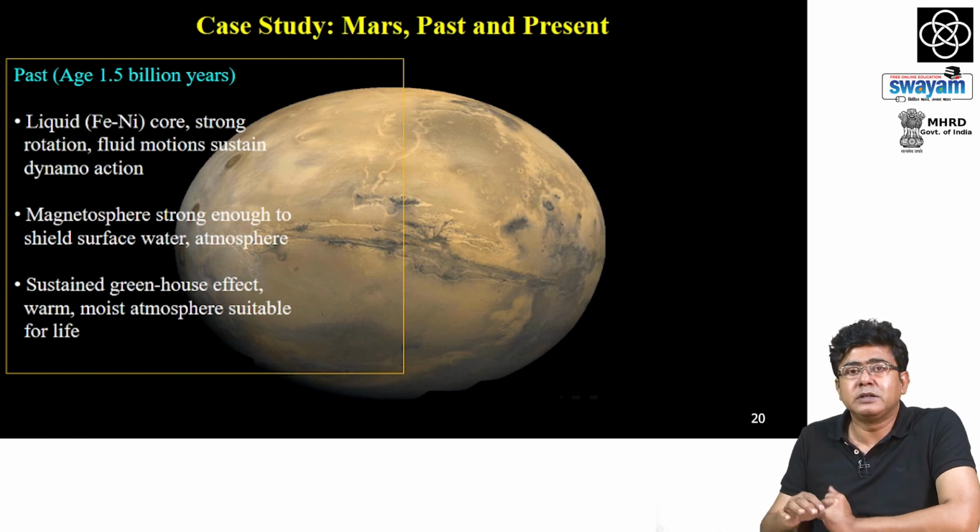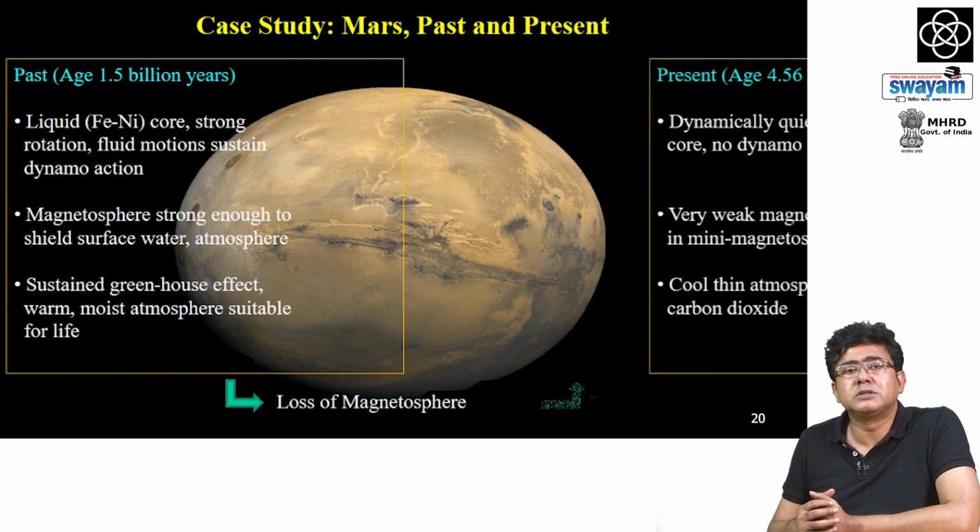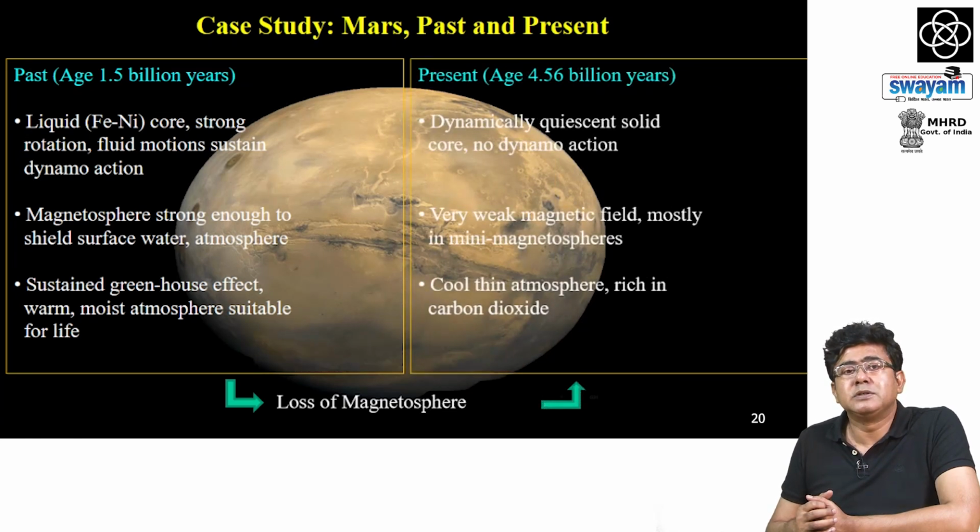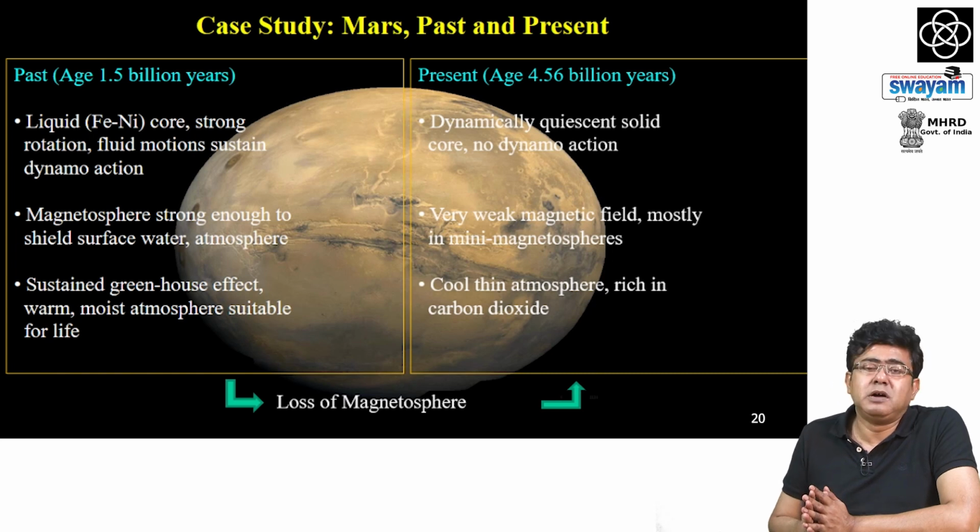And this happened, I think, about 1.5 billion years into the history of this system. So, subsequently, the atmosphere of Mars was exposed to strong solar radiation as well as solar wind, and eventually now we find that Mars has really a very thin atmosphere rich in carbon dioxide, which is not really suitable